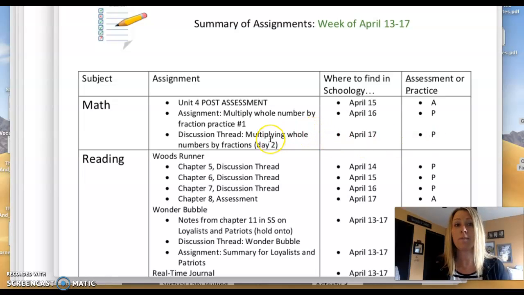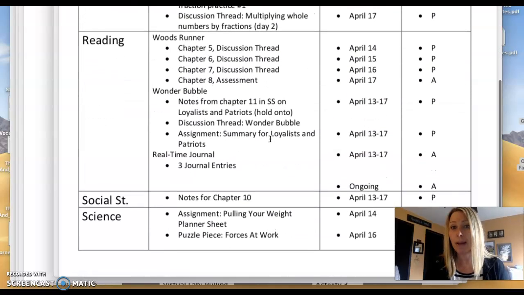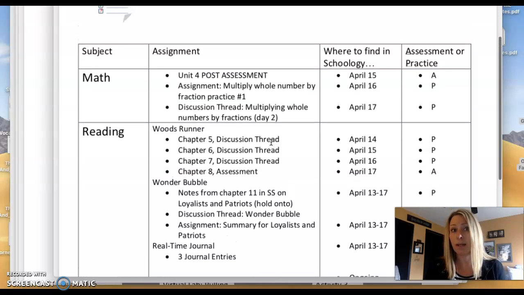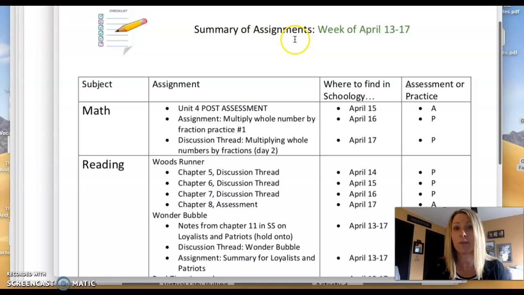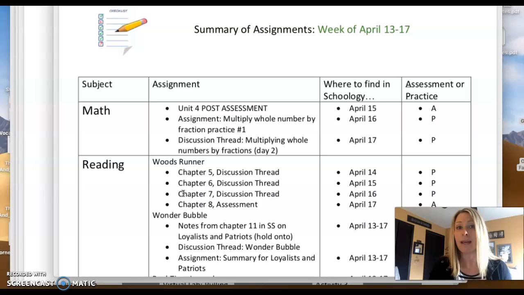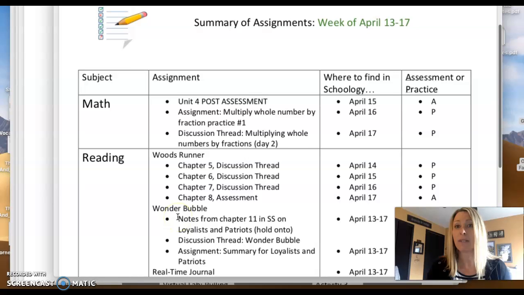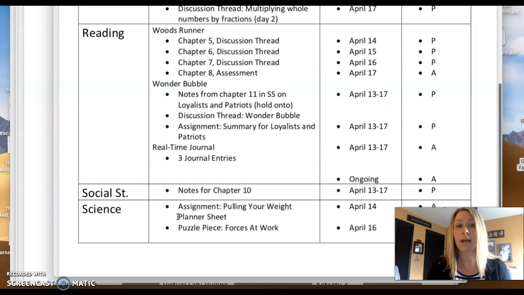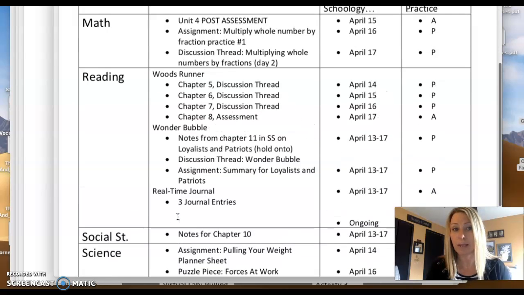I'm not going to go through everything that is here, but I want you to notice that it is in the folder for today, so don't skip out and make sure to click on this summary of assignments. This is really helpful to get your brain wrapped around all those assignments for the week so that you don't have to go back inside every single day and every folder and click on things. So again, this is your summary of assignments for the week. The entire week, everything is there that you were supposed to have turned in by the end of the week.